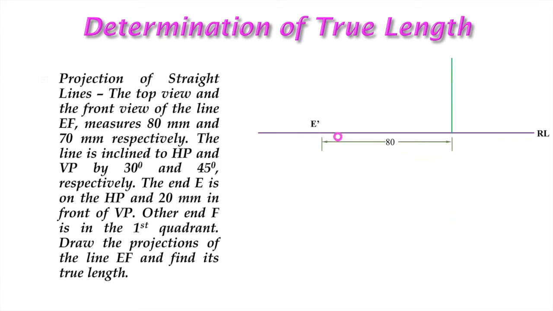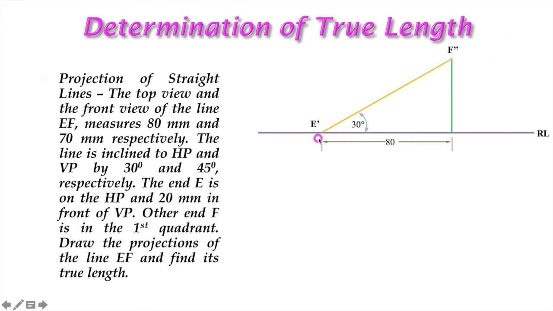Before that, take 80 mm and then draw a vertical line. You may consider it a projection line. Now at a 30 degree angle, draw a line. This line will intersect here at this point. Let's name this point F double dashed. Now it is the true length of the line. It is projected 80 mm and inclination 30 degrees. So this is the true length.